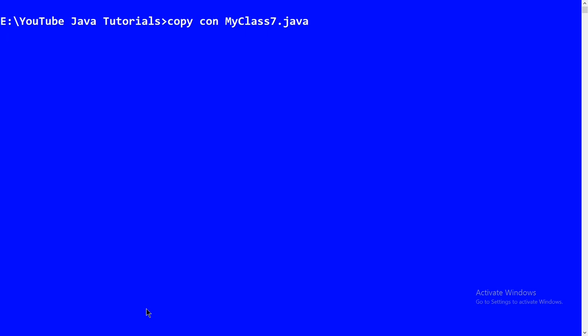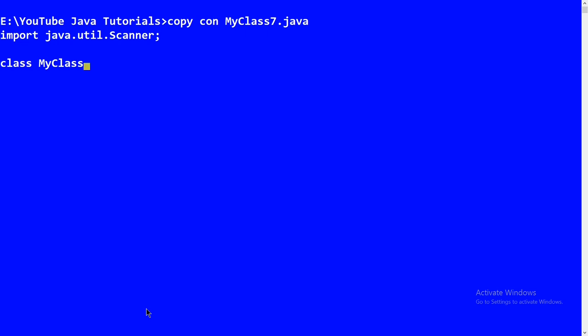So we will first import the scanner library of Java. So we will write import java.util.Scanner and then semicolon, then the file name, right? No, actually the class name, and then